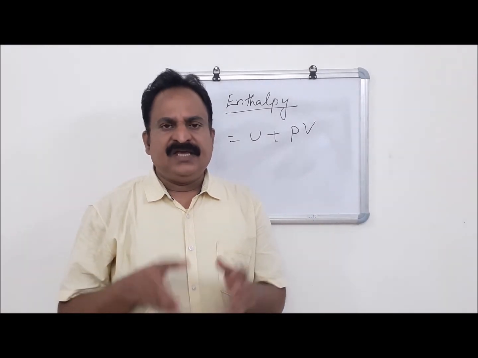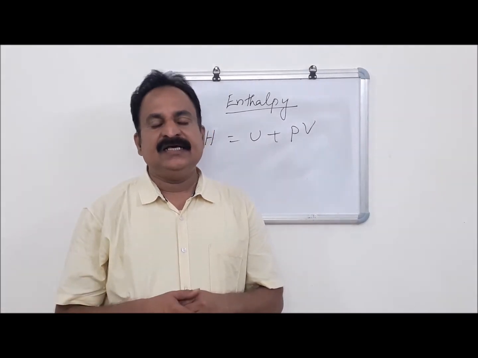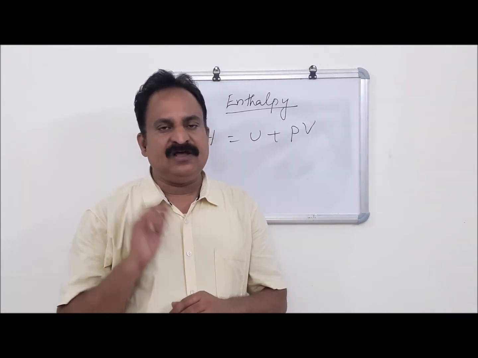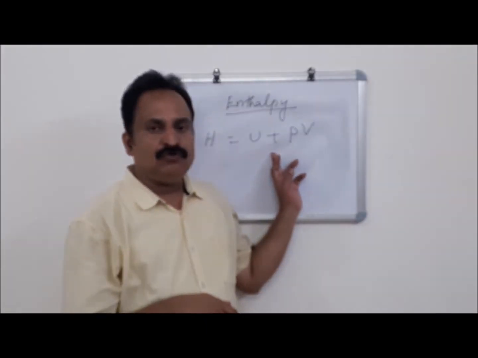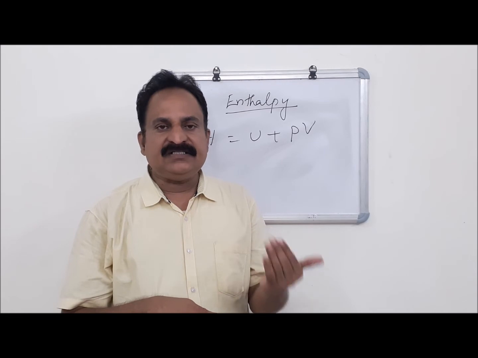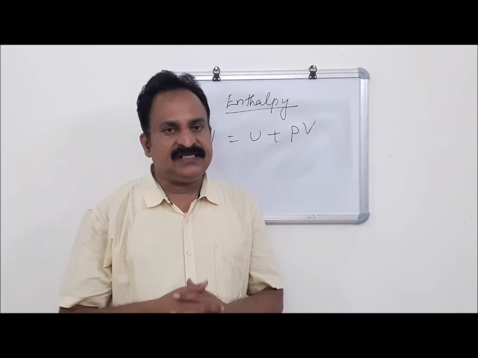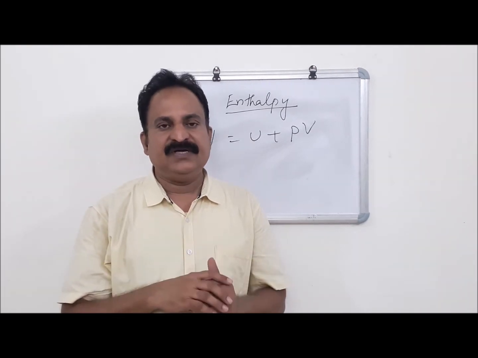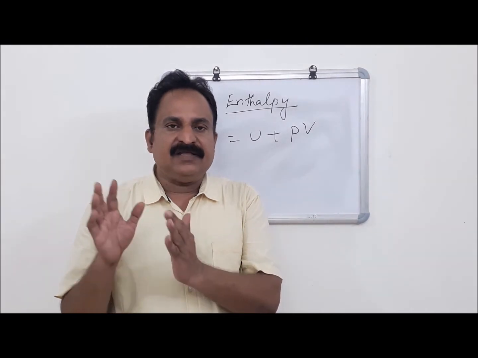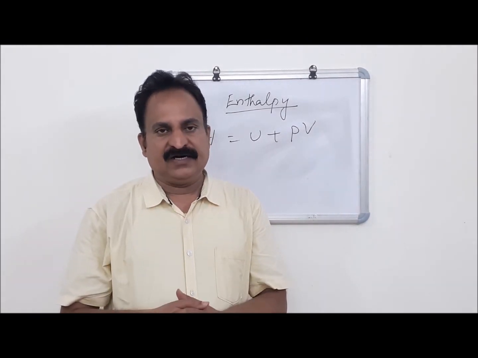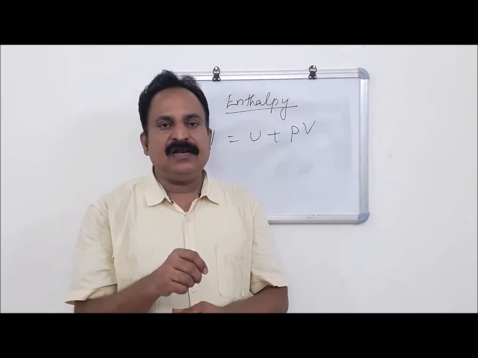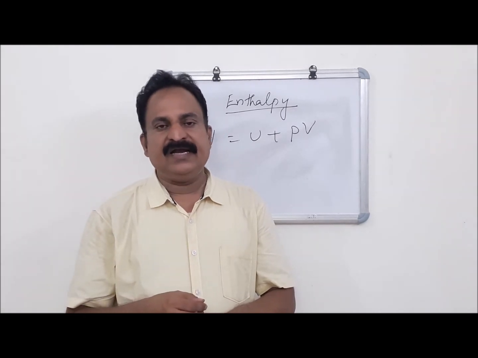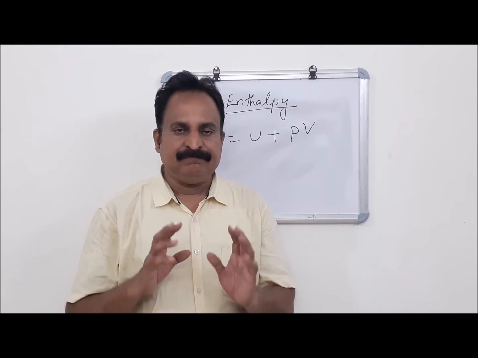Next is enthalpy. Every chemical substance has its own heat content, called enthalpy. Enthalpy is the sum of internal energy and the product of pressure and volume. That means H is equal to U plus PV. And what is the enthalpy change? Delta H is equal to delta U plus P delta V, or delta PV. That is the change in internal energy and the product of the pressure-volume work. At constant temperature, delta H is equal to Q plus W. You know, Q is the heat and W represents work done by the system.